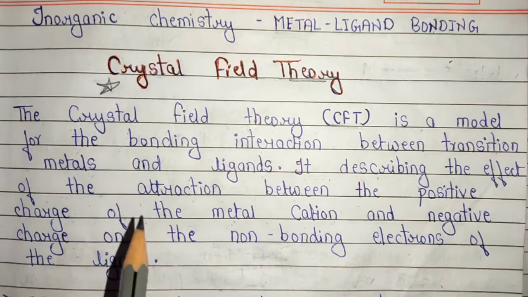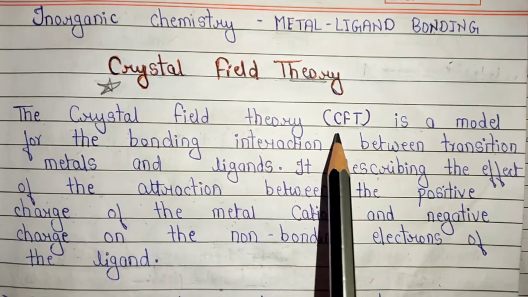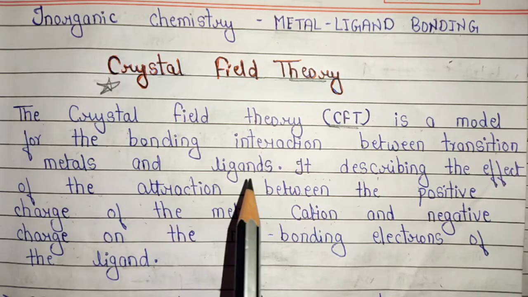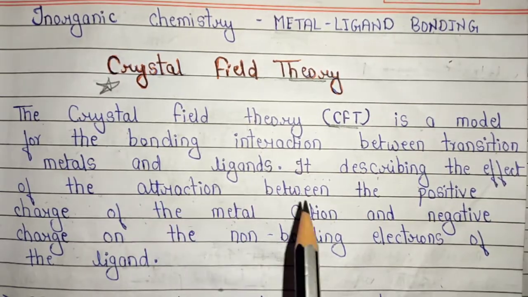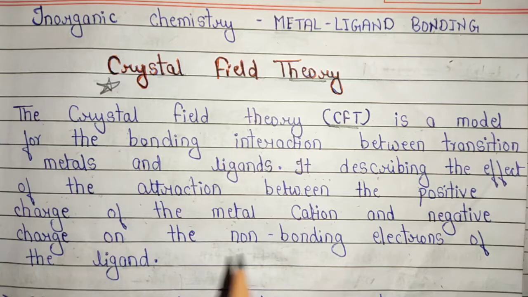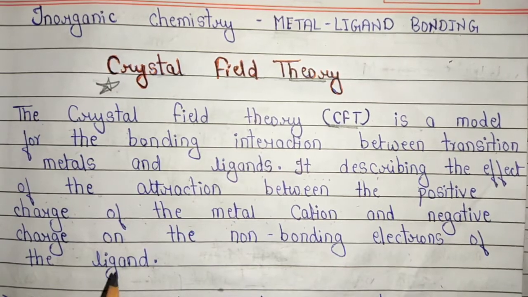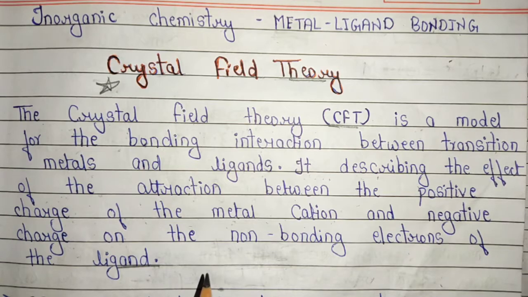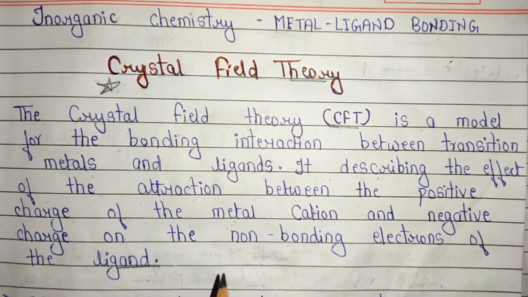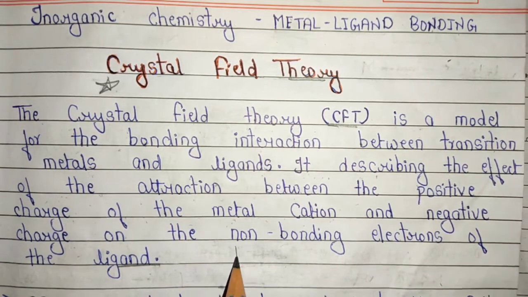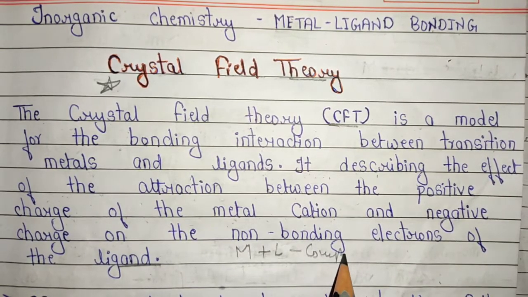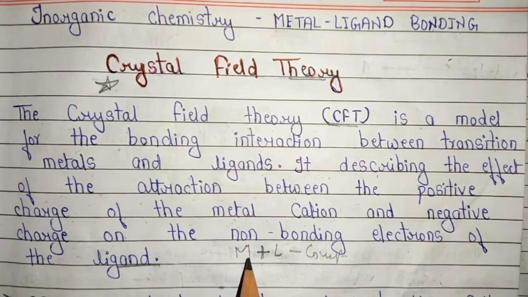The basic introduction: crystal field theory, also called CFT, is a model for the bonding interaction between the transition metal and ligand. It describes the effect of the attraction between the positive charge of the metal cation and the negative charge on the non-bonding electrons of the ligand. So basically, crystal field theory is a very important model in which we study the interaction between metal and ligand. When metal and ligand bond together to form a complex, the interaction between the metal and